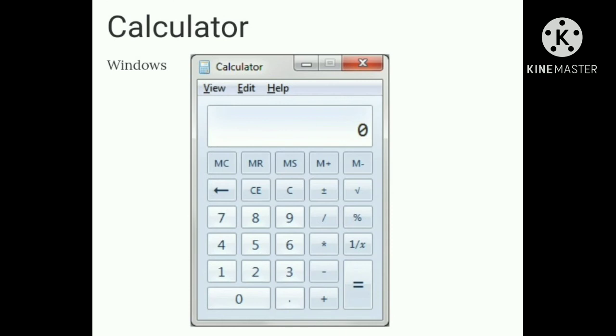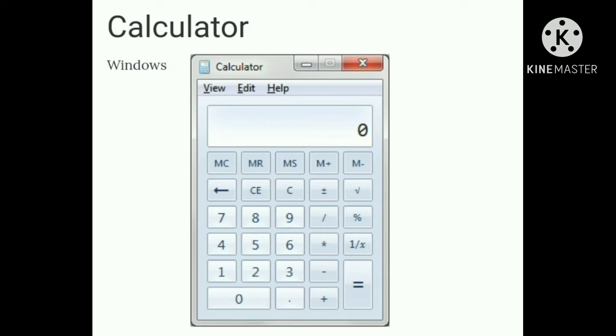Calculator is a calculating application included in all versions of Windows. It can be used to perform simple calculations, scientific calculations and programming calculations. Open method number 1: click the Start button, click Programs, click Accessories, then Calculator to start the application.